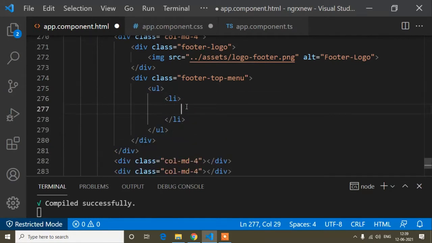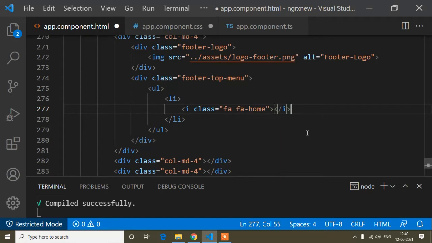So inside this ul li, first of all here I will write Font Awesome icon. Okay, so guys, for that you have to install Font Awesome. If you don't know how to install Font Awesome in Angular, you can watch my particular tutorial. Already I have made how to use Font Awesome icon and Themify icon in Angular. Okay, so here I have already installed Font Awesome. So the Font Awesome icon name, just here I will write fa fa-home and I, end of the i tag.